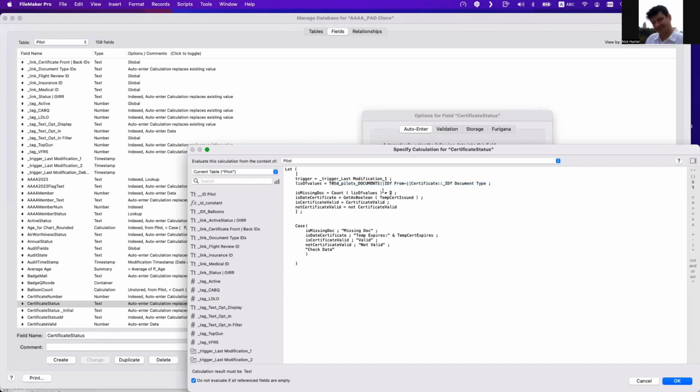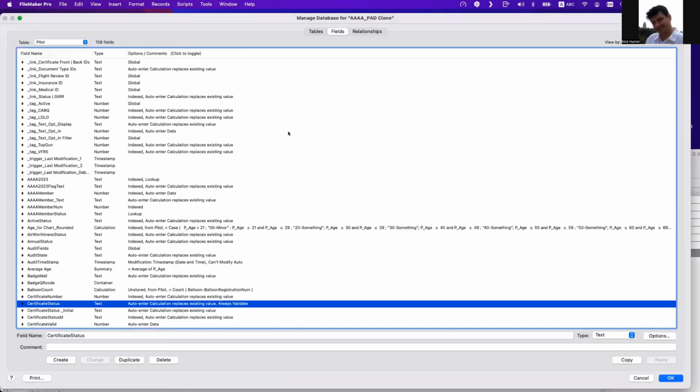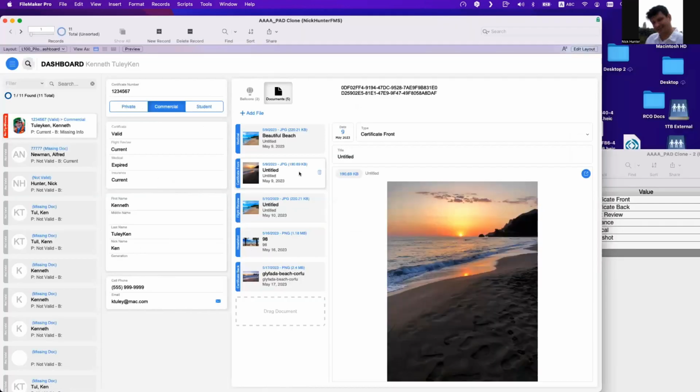Let's say it is a missing doc when the count of the list is different than two. So if it's 1, 3, it's not good, right? It must be two, not another number. The count of this list must be two. So what happened here, if 1 is missing,